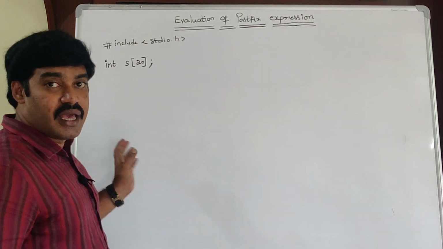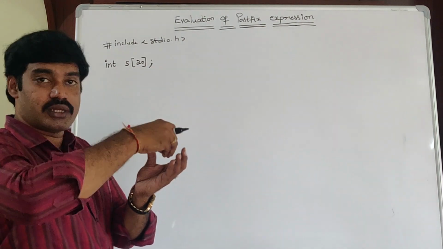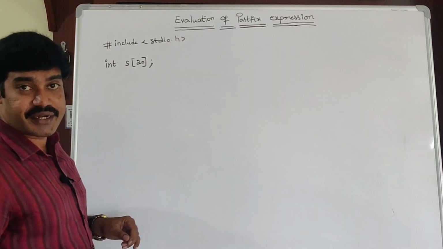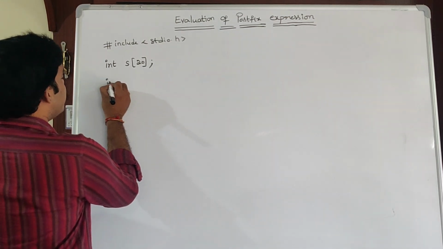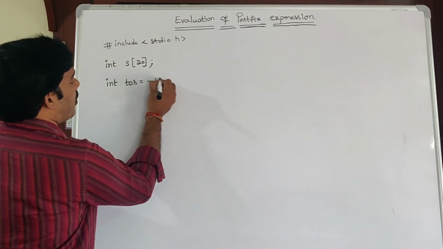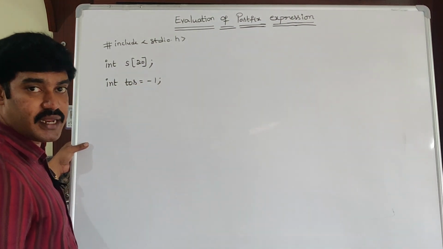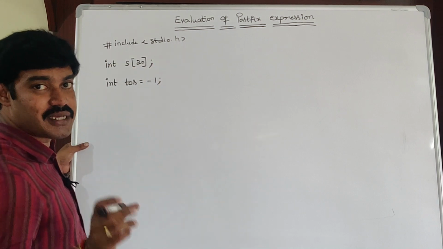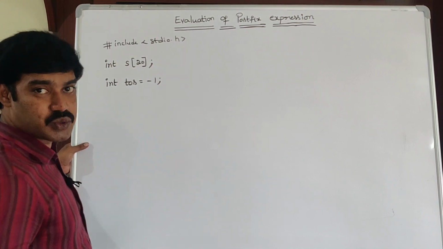I am declaring the stack data type as integer. Why? Because if it is an operand, then push it into the stack. All operands are nothing but numbers. That's why the integer data type. Initially, TOS is a variable that points to which one? -1. Top of the stack points to -1 initially, and it always points to the topmost element. Initially, there are no elements. That's why TOS points to -1.